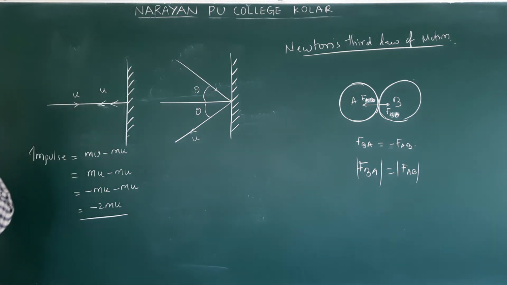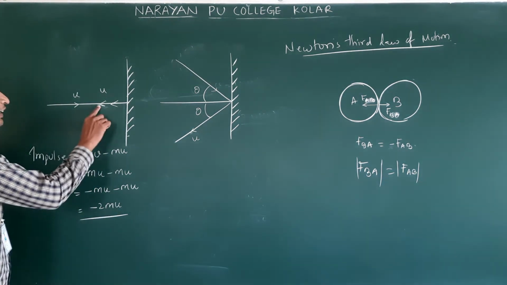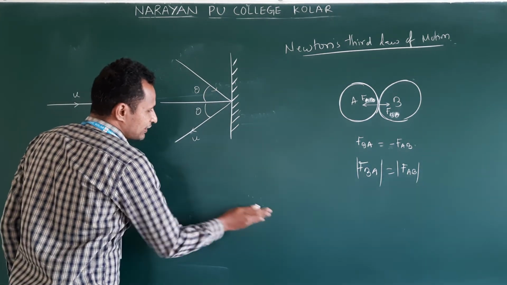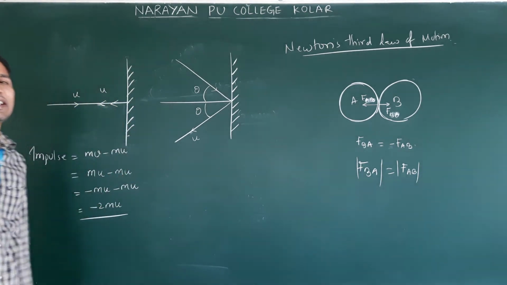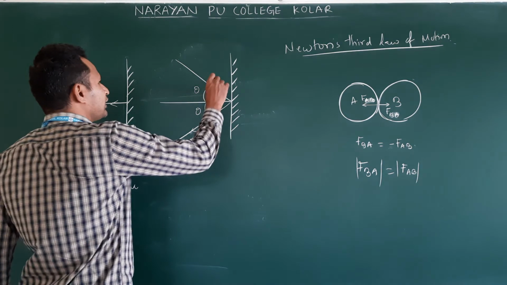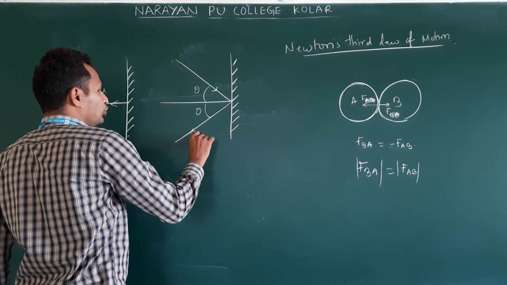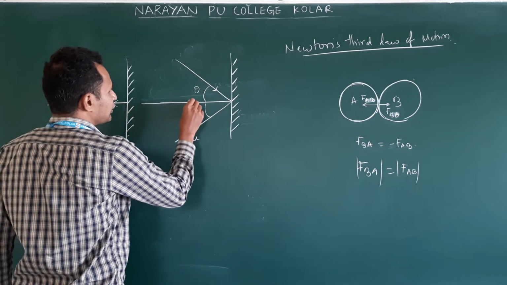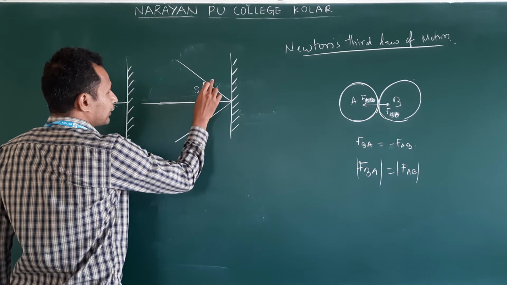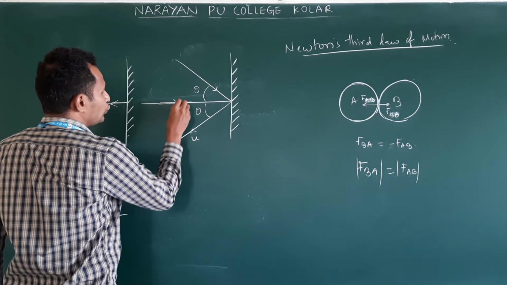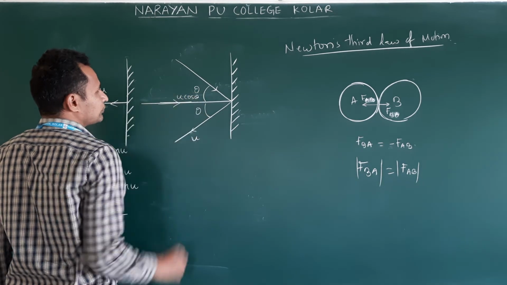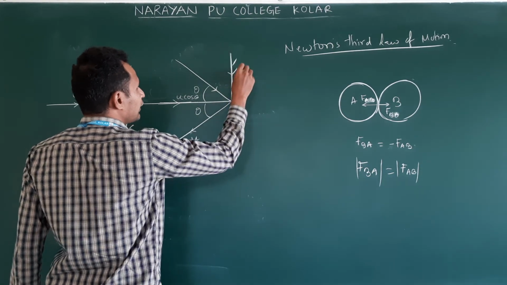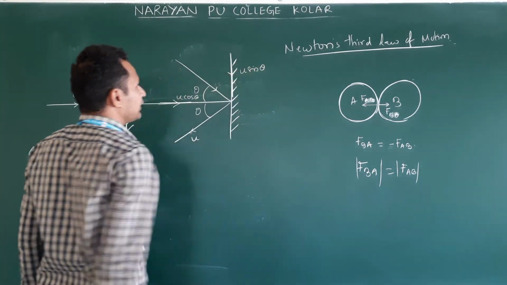In this case, how do we do it? Here it is straight, no problem, but here there is an inclination. When the velocity is in the plane, we need to take two components, along the x direction and along the y direction. So this is u, this is also u. Clear? Now if you resolve this, along this direction the component is u cos theta, and along the wall, the other component is u sin theta.